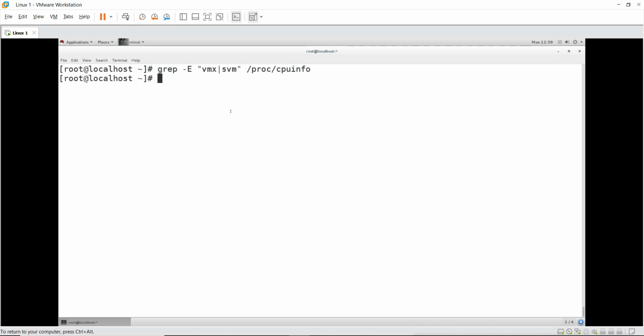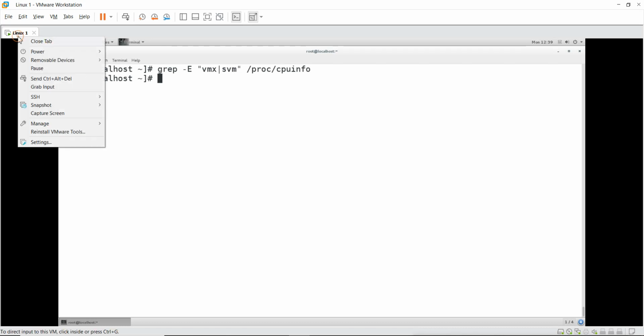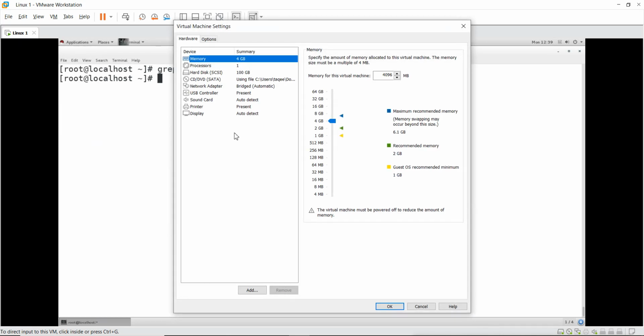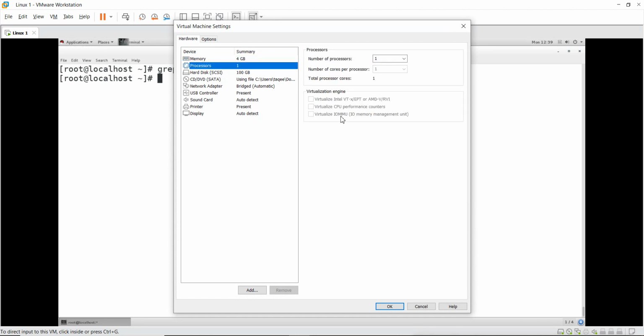So if I want to do that, then I can do this by changing the settings of this virtual machine from VMware. I have to go to the settings of this virtual machine, and from here I'll go to the processor, and here I have these options to enable virtualized Intel VT or AMD-V.